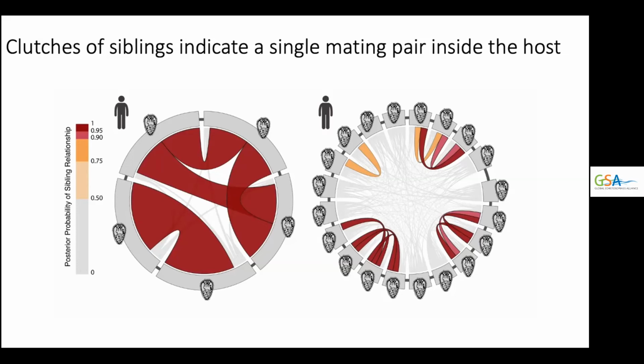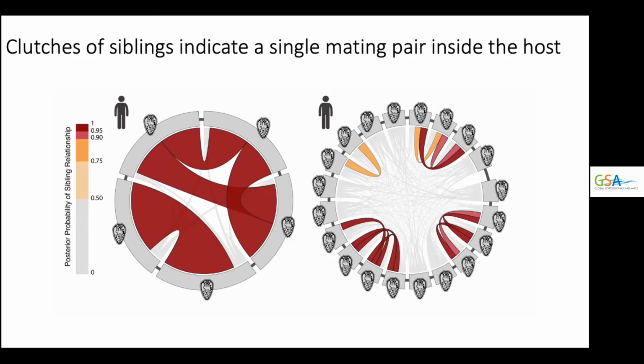Here, I'd just like to point out that among the different types of first-degree relationships, namely sibling relationships and parent-offspring relationships, we can only have siblings in our data since the parents live within hosts and cannot be sampled. Distinguishing between different types of second-degree relationships, which could include half-siblings, double first cousins, as well as avuncular relationships in our data, is not as straightforward and creates opportunities for interesting work in the future. In any case, the posterior probabilities do allow us to make some interesting observations in this dataset.